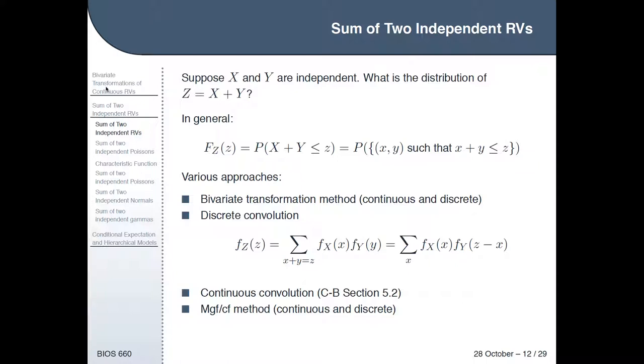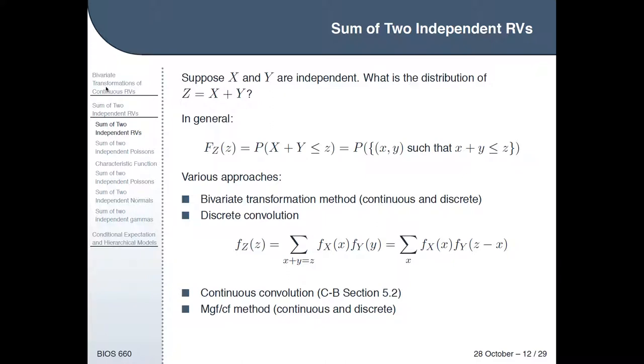That was essentially the last problem of the midterm. If you want to find the PMF of a discrete random variable Z, then you just sum over all possible values of x and y such that x plus y equals z. So for a fixed z, you could take x equals 0, y equals z; x equals 1, y equals z minus 1; or in general, x equals x, y equals z minus x, and sum over all those possible values. And